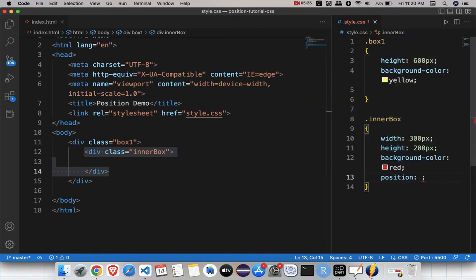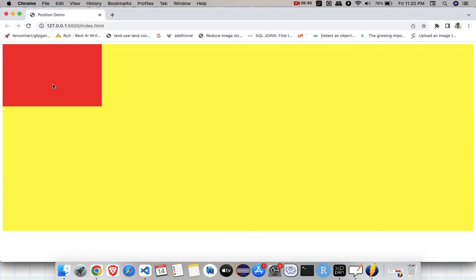I'll write the position. There are five ways to write your position: static, relative, absolute, fixed and sticky. Out of these five you can use any one. Now here, for the inner box, I'll use the value absolute. Now save this and come back to your output, and you will see that there is no difference in